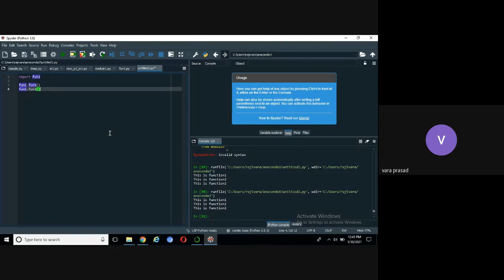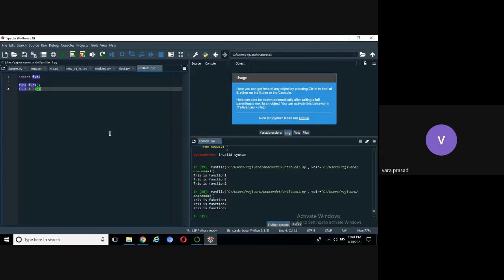When the directory become the Python package, if the directory contain a special Python program, that program name is underscore init underscore dot py. That is a empty program. Okay. Then the directory is called a Python package.